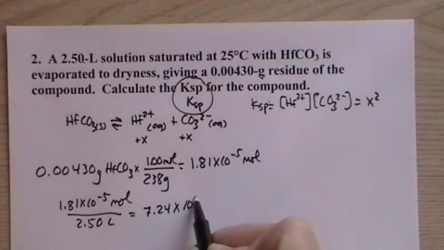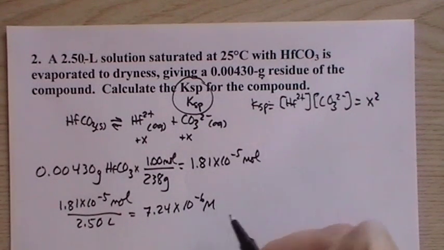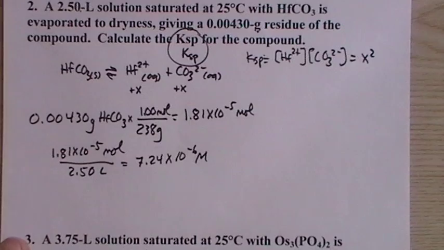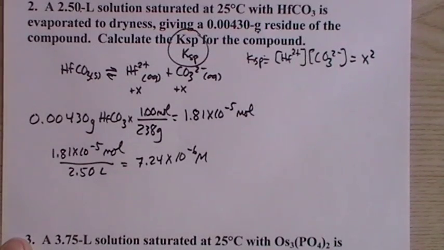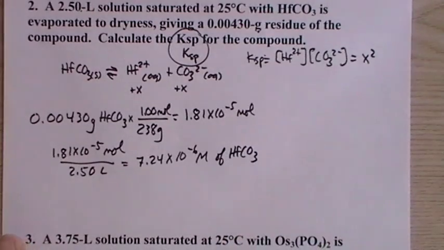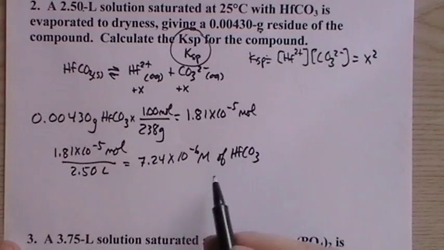So I'm not trying to make an excuse that it's okay that I made the mistake, but when I'm doing out so many of them, it's possible. So don't just give up on the problem because there's a difference in the answers. Let me know, we'll work it out. So there's 7.24 times 10 to the minus 6 molar of hafnium carbonate that was present